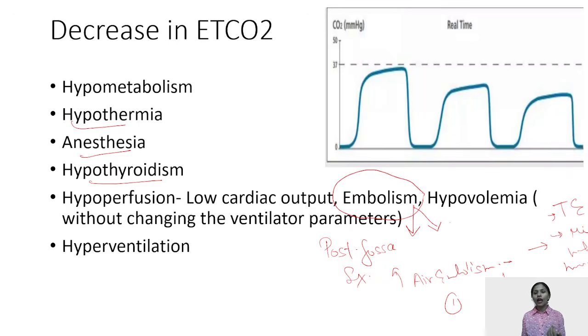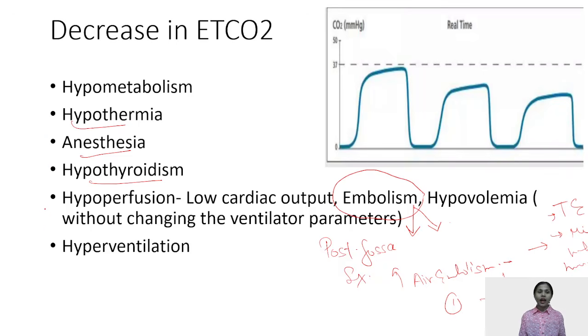And lastly, you have a position known as Durant maneuver, in which we reverse the patient such that the heart comes down, and it is not with the gravity that the air is being entraining into the heart. Or you can always use your central line also to take the air out of your heart. So these are certain maneuvers which are used in order to prevent or actually treat if venous air embolism occurs.